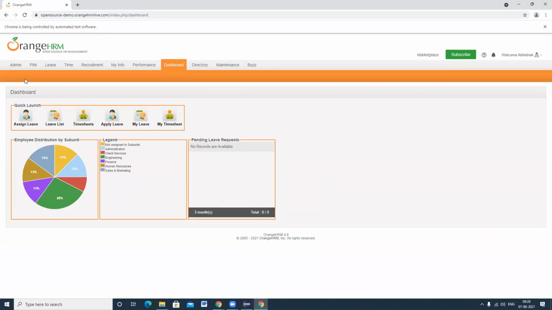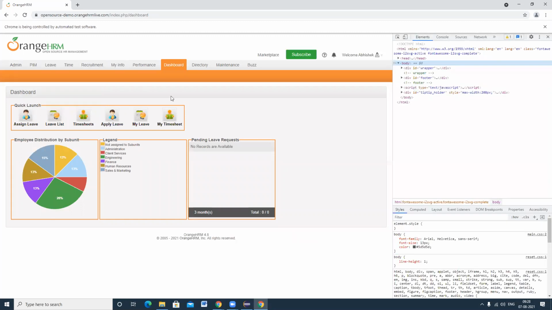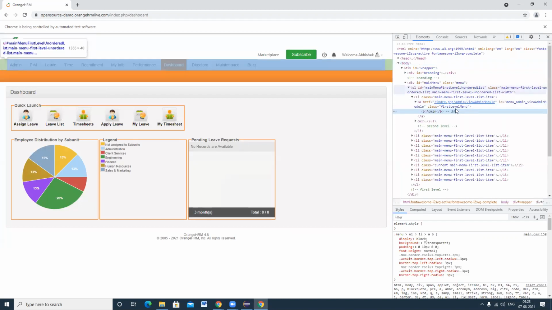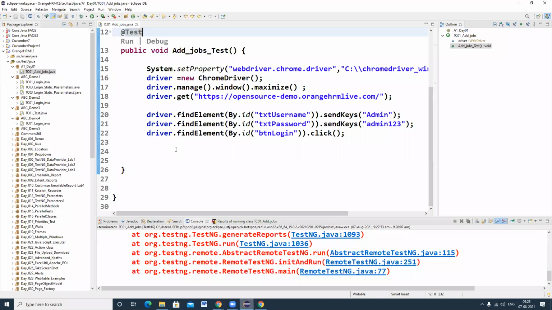Now I want to automate the admin job title. What I am supposed to do now is inspect. I'm right clicking and inspecting admin. So body got selected. If body is selected, again we need to inspect. Here, no ID has been given. You can check the immediate top web element. Okay, Control C. So I'm taking the admin web element.